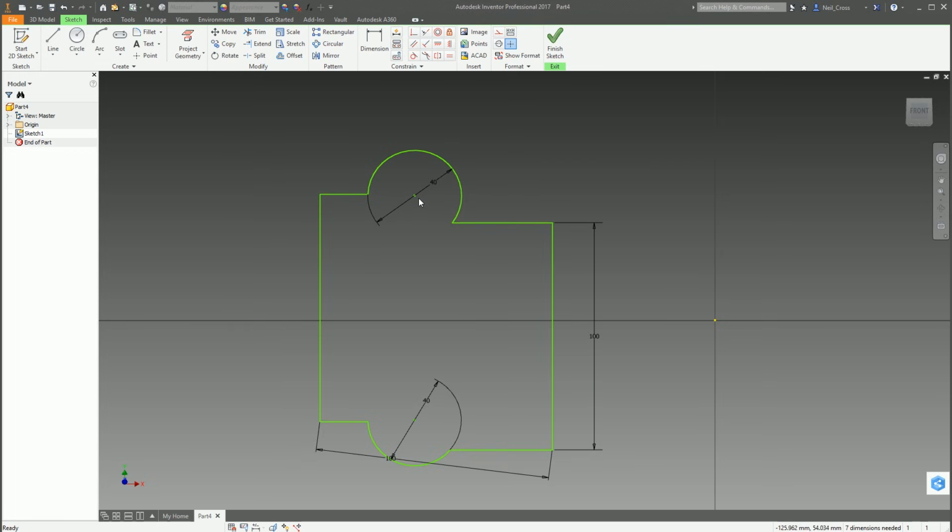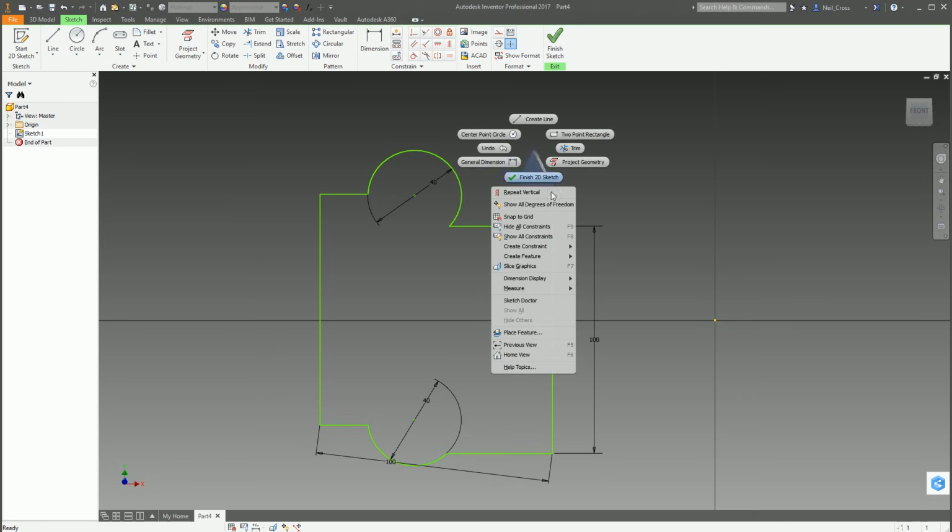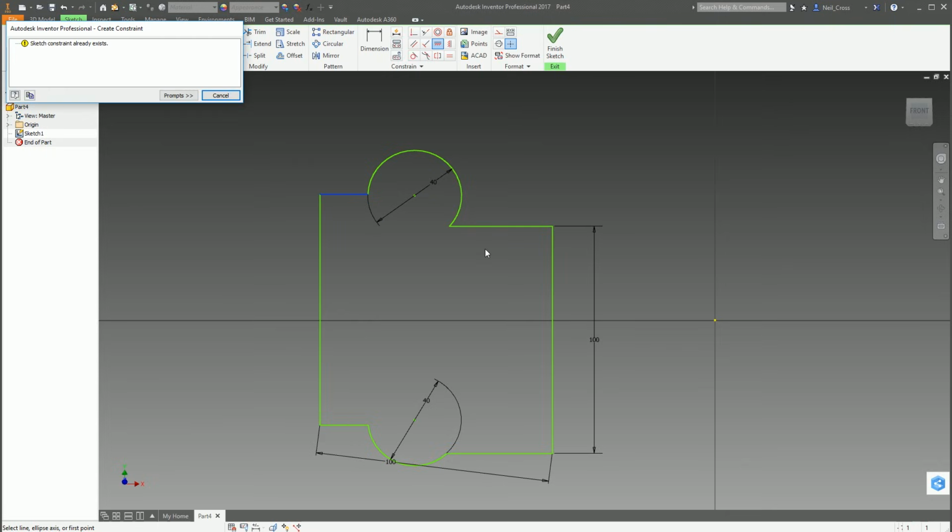There's still a bit of work to do though, so we need to try and figure out how to get these two lines here and these two lines here to stop being completely higgledy-piggledy and wonky. There's never any one right way of doing it. There are multiple different ways, but you could think to yourself, well, these two lines should be horizontal to each other. So you could right click, create a constraint, horizontal, click these two lines here, and then you'll